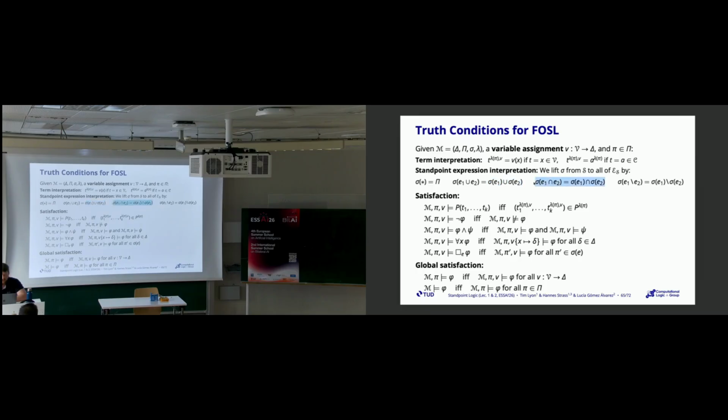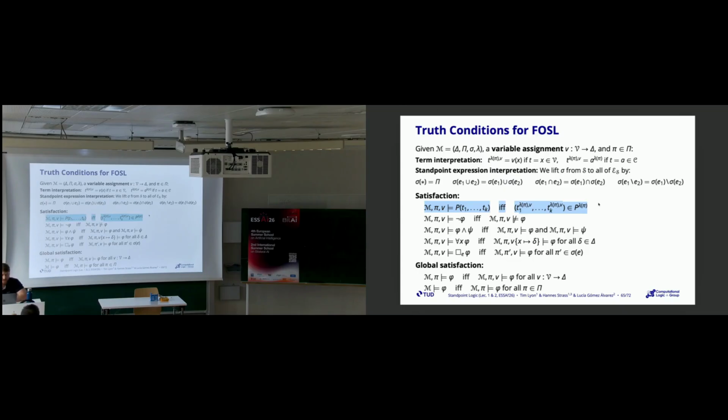Or if we have an intersection of standpoints, this is interpreted as taking the intersection of the interpretations. And similarly, the interpretation of the difference of standpoints is obtained by taking the difference of the interpretations. So this will play a role in this clause down here, in particular right here, where we're interpreting standpoint modalities. Okay, let's go through the notion of satisfaction now